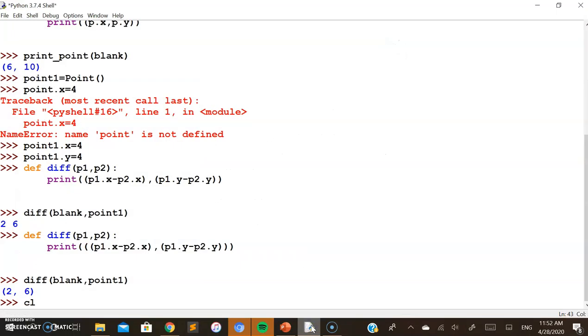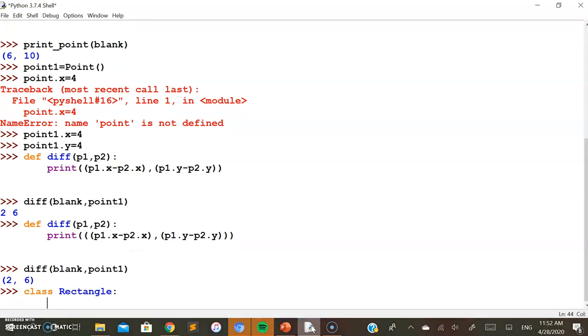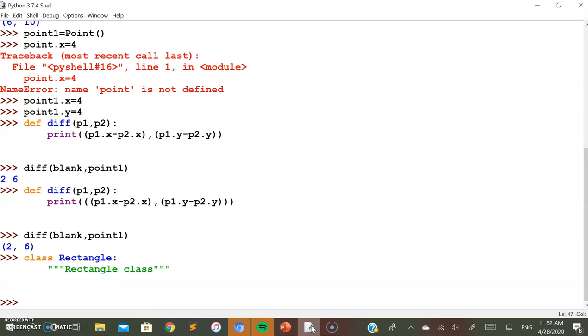First, I'll create a class rectangle, in which again I don't want to do anything. The class has been created as rectangle.